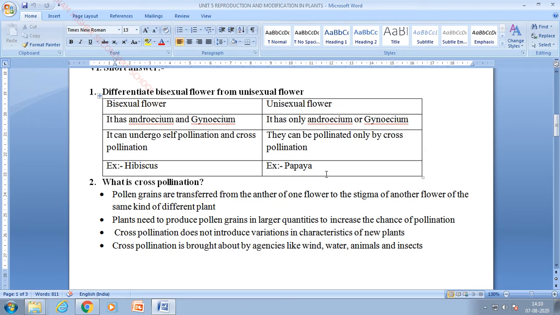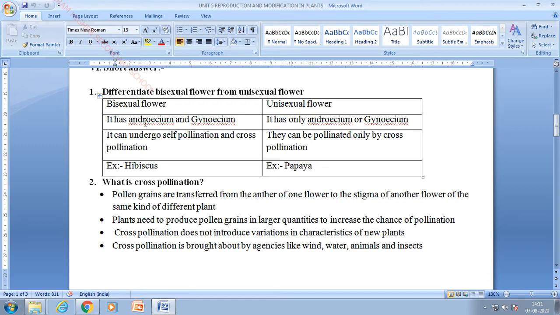Sometimes if you see in gymnosperms, they bear naked seeds. Okay, the seeds are naked without the fruit, so that kind of seed is also present, but mainly flower is very much important for the formation of fruit. Okay, fruit and seed. So bisexual flower has androecium and gynoecium. So bi means two, so it contains two sexes, the male and female. The male part of a flower is called androecium and the female part of the flower is called gynoecium.